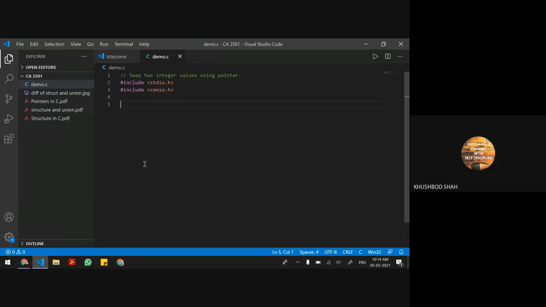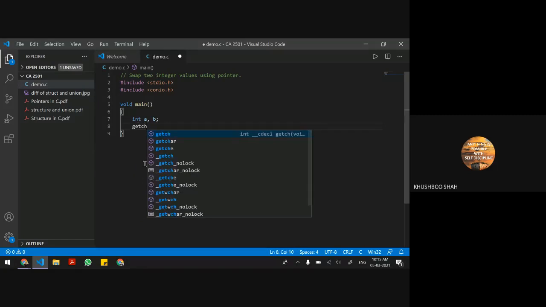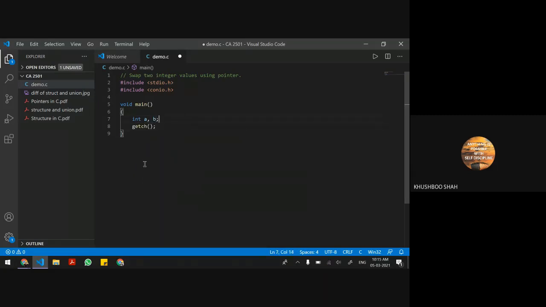So, Kandarp, the next step, void main. Okay, because we are swapping two numbers, we need two integer values. Kandarp, let's take number one, number two instead of a and b.